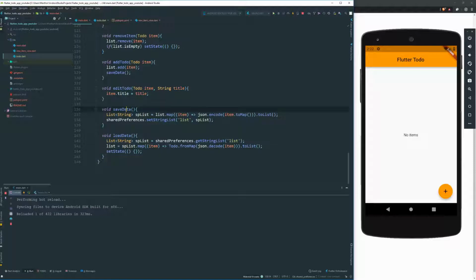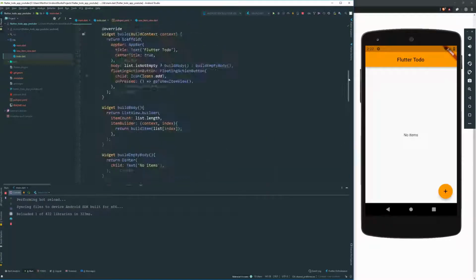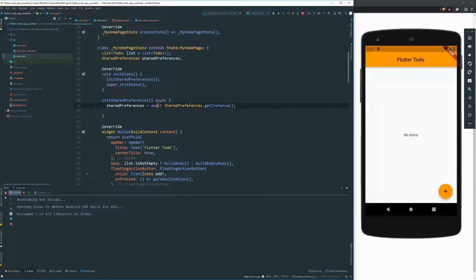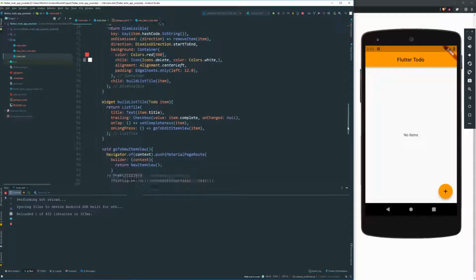Now, we're not calling this load data method anywhere, so we need to do that. Let's go up here to our init preferences, and after the await, so we need to make sure that our shared preferences are available, let's call in the load data. So it'll only be called once, and it is once we load the app for the first time,